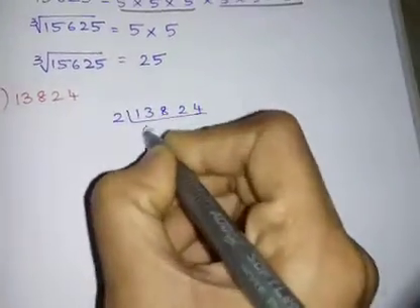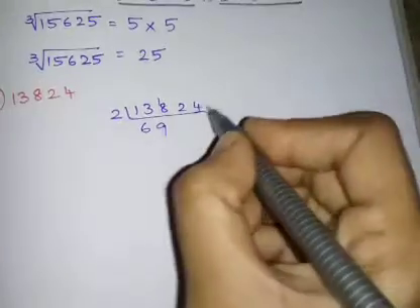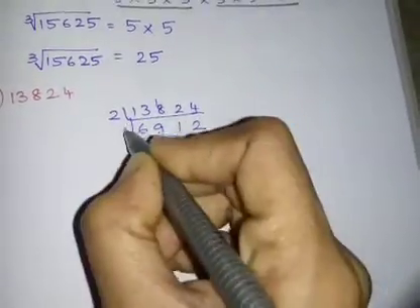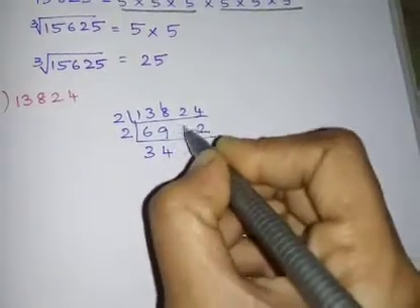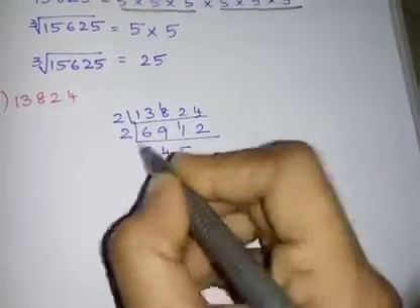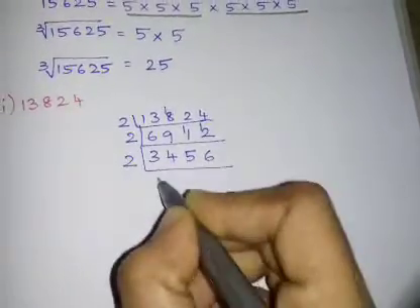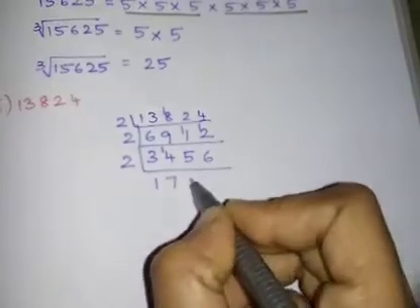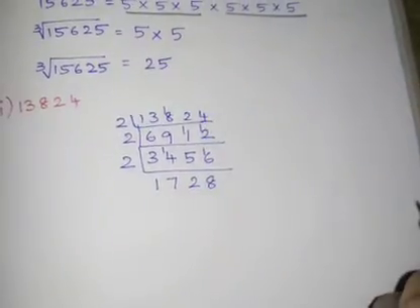In the 2 table, 6 2s are 12, remainder 1. 9 2s are 18, then 2 1s are 2, then 2 2s are 4. Then in the 2 table, 2 3s are 6, then 4 2s are 8, remainder 1. 5 2s are 10, remainder 1. 6 2s are 12. Then again in the 2 table, 2 1s are 2, remainder 1. 7 2s are 14, then 2 2s are 4, remainder 1. Then 8 2s are 16.